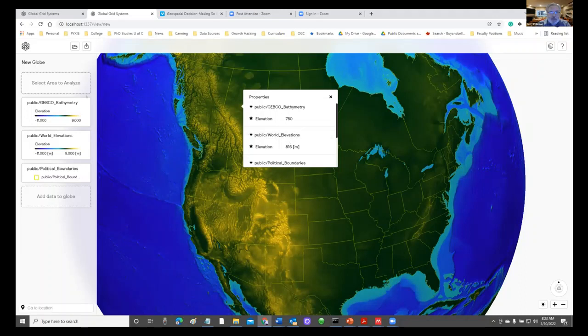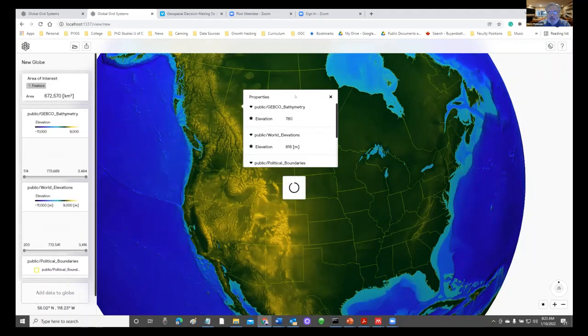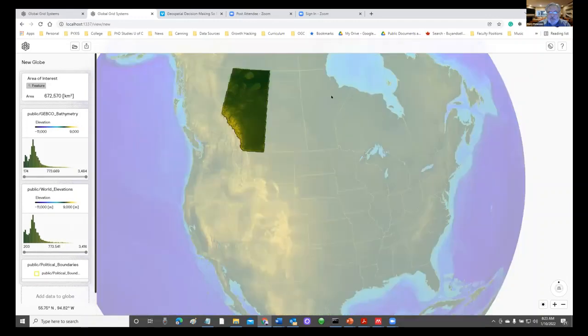As an example here, I could reselect Alberta again as a polygon. It can aggregate all of those cells, and it tells me that the average elevation based on the terrestrial GEBCO data set is 773 meters, while the other data set, whoa, pretty close, within 100 millimeters, about the same. That's actually pretty amazing. But we see the maximum and minimum are a fair bit different. So that's a bit of data integration.